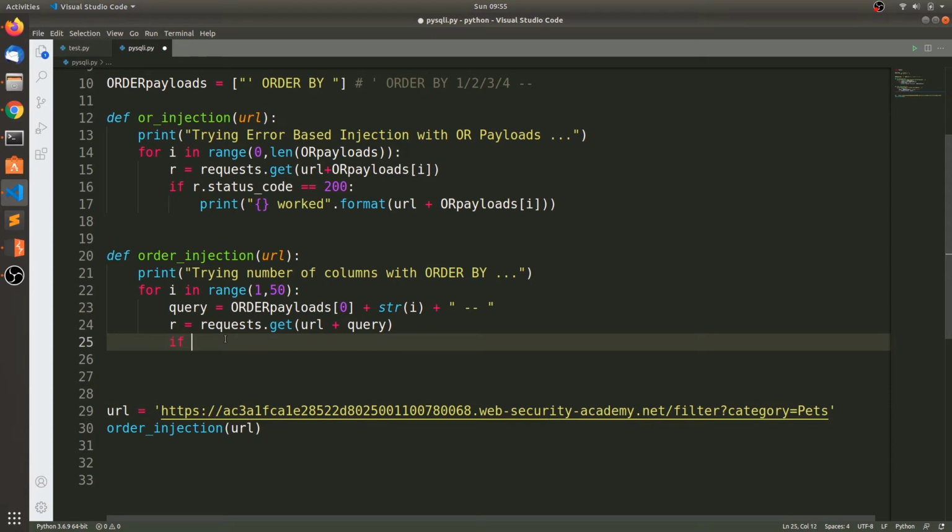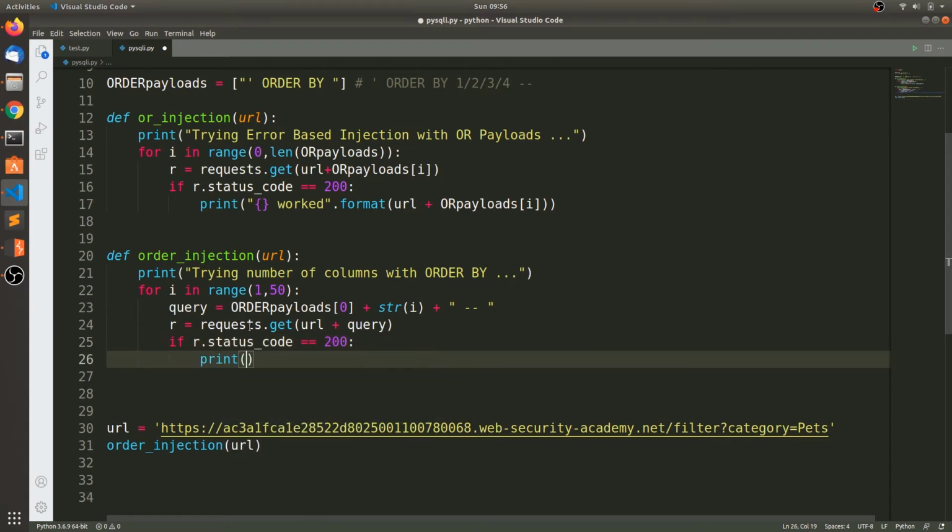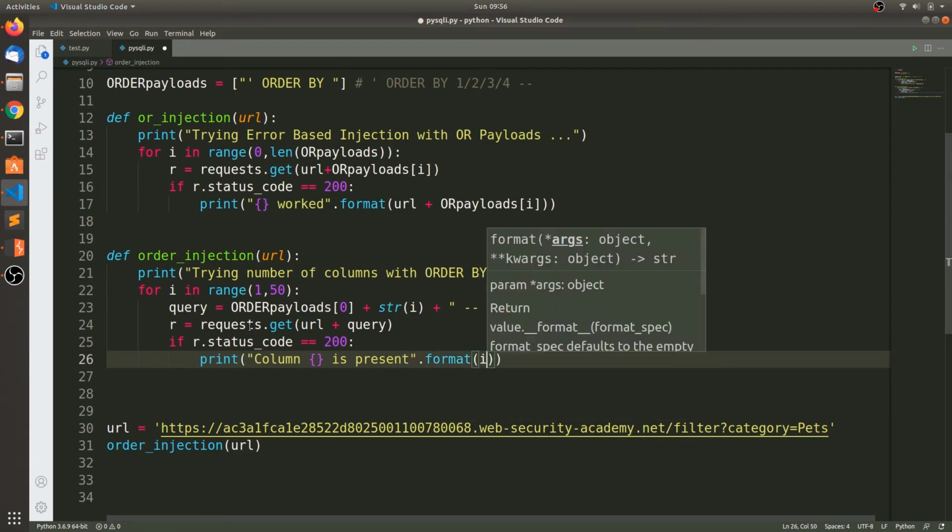When you are using the order keyword and the column exists, you will get the correct result, like 200, right? So if r.status_code is equal to 200, then print column {} is present, format of i.